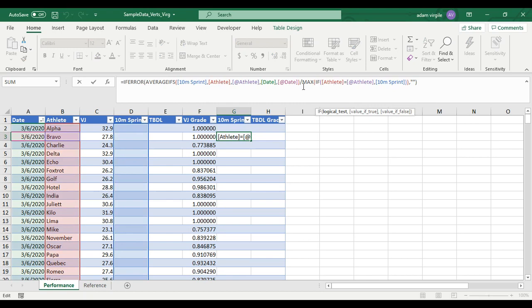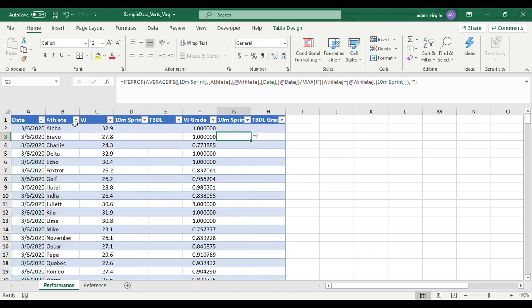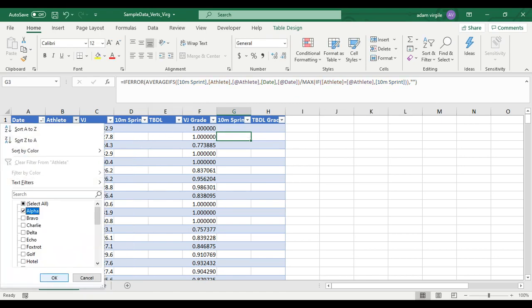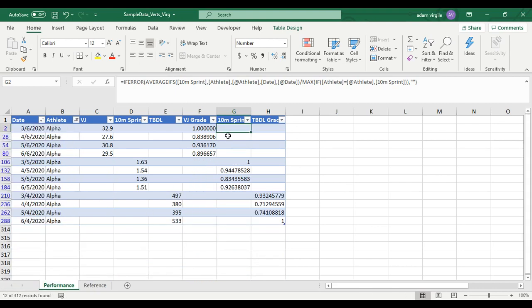And now what we're going to do, and let's filter down to an athlete, because that'll make it just easier to see. And I hope not. I may have to mess around with the calculation now. But notice when we do this, his highest sprint time is 100%, and then the lower the sprint time goes, the lower the percentage of his maximum sprint time. That's pretty much the opposite of what we want, because the lowest sprint time is actually the